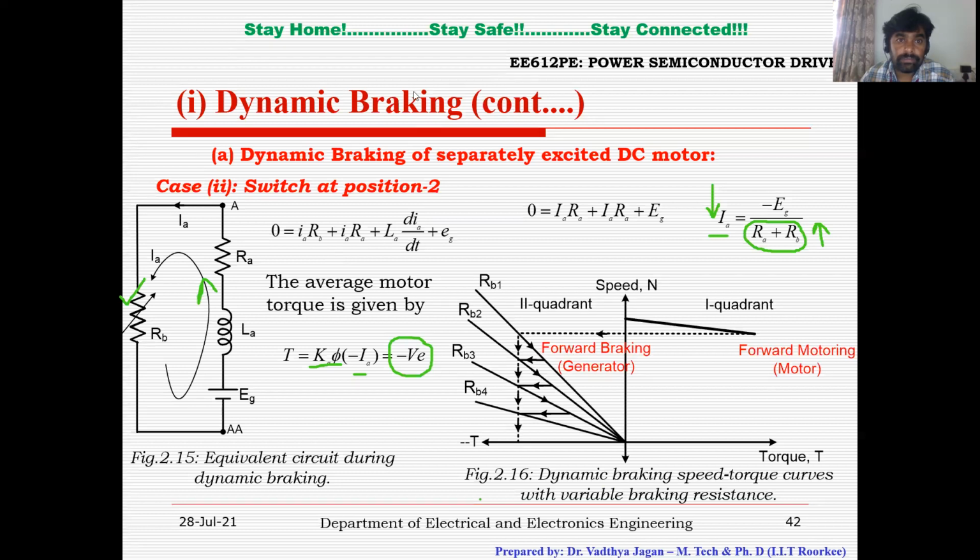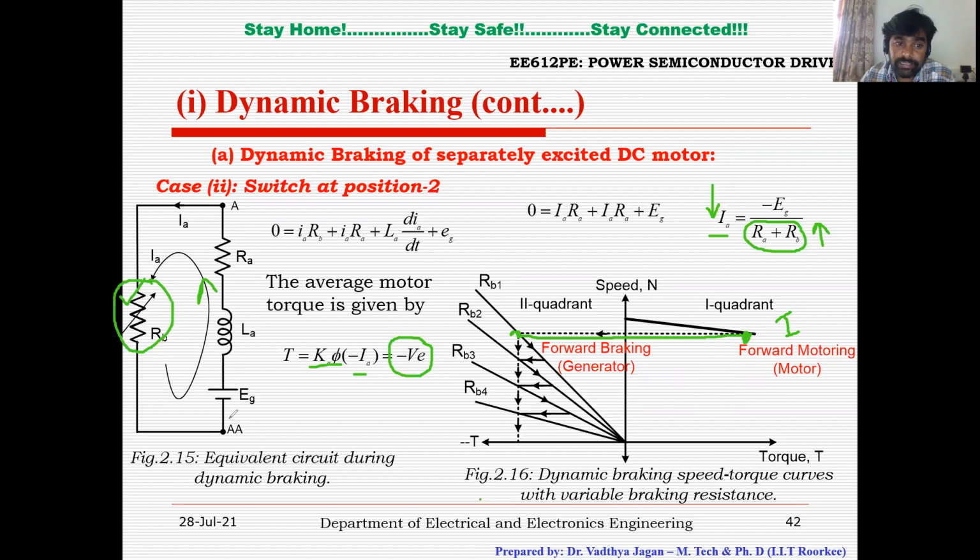Right, now you can see the torque speed characteristics during this rheostatic braking. In the previous slide, we were at this particular point, with the switch in position number one. When I move the DPST switch to position number two, there is a sudden decrement in the speed, and it will shift to this particular point, right? And depending upon the value of this resistance,